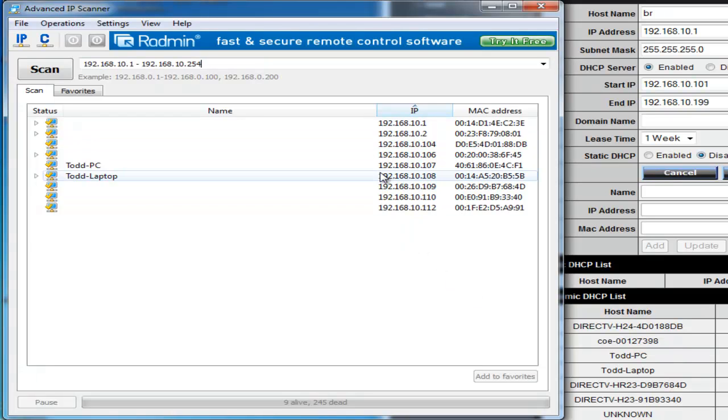Now, the ones that are not currently active on the network, such as 192.168.10.111, do not show up on this scan because those are no longer active on the network. Only two PCs show up, but if you correlate the information here,